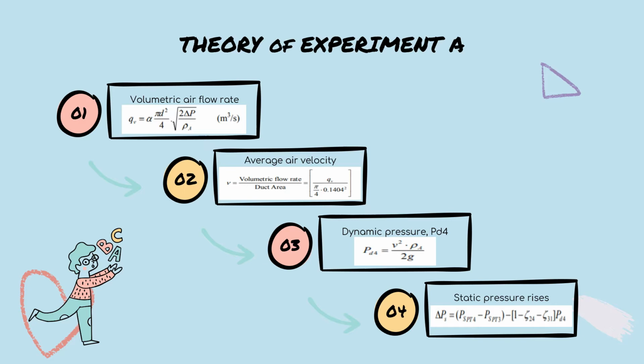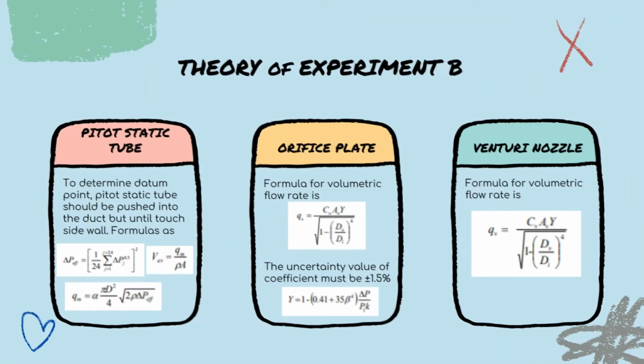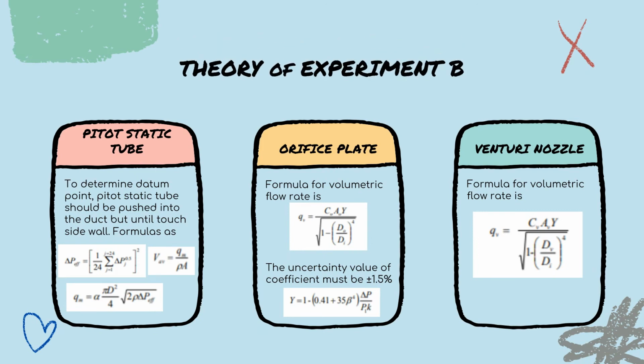For experiment A, we need to calculate several terms in order to fulfill the objective of this experiment, which is to learn the characteristic of centrifugal air blower through static pressure rise across the blower. First, we need to calculate the volumetric airflow rate as shown in the slide to get the average air velocity. Then, we need to calculate dynamic pressure in order to get the static pressure rise as shown in the slide on number 4. For experiment B, we will use 3 different types of flow metering, which is pitot static